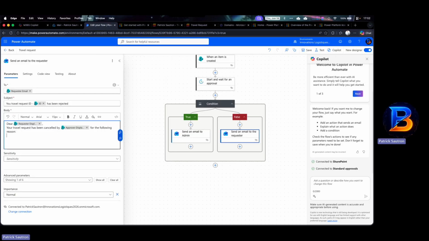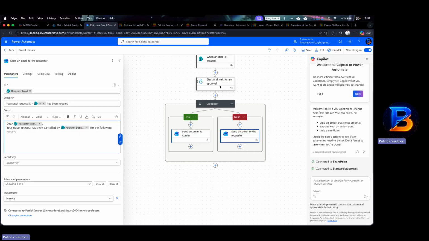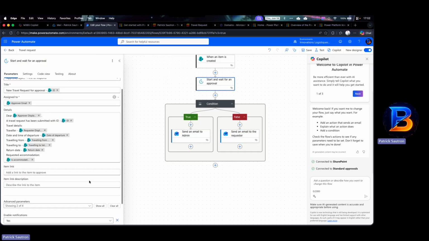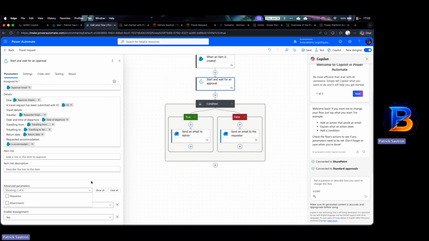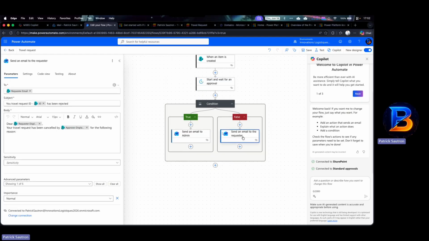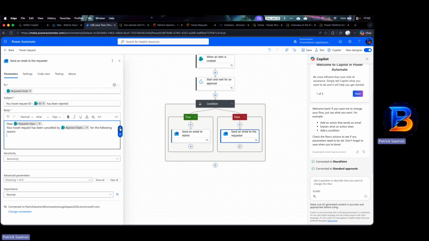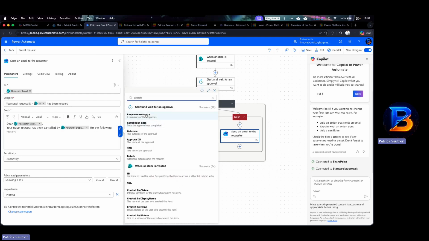Normally in the step, let me check. Normally on the request received, there should have been a comment field. So in the email to reject, we should be able to select the dynamic content here, which is the response